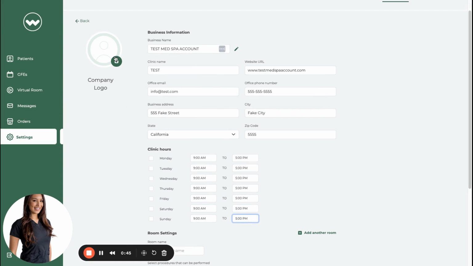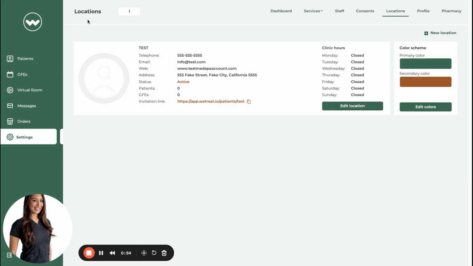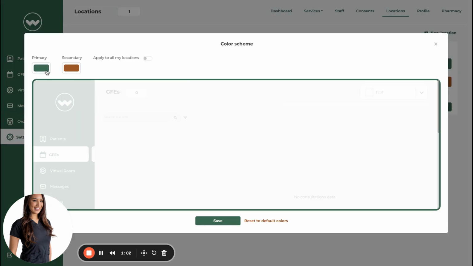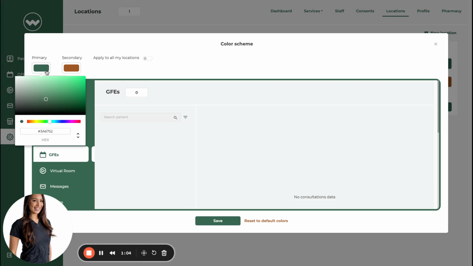Once you upload the company logo, it will then display on the patient-facing side as well. In addition to your logo, when you click back, you can edit all the colors that is going to be client facing. Once you edit the colors, make sure you click the color there and you can enter in your